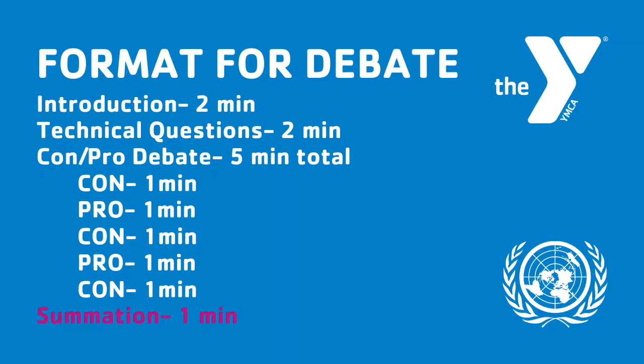Once all of the debate rounds are done, if you're the patron of the bill, you get to give your conclusion, which is your summation, which is 1 minute plus any time you might have saved over from your introduction. You should be relatively brief. Again, there's no reason to drag this out. The first thing you need to do is address any comments or really convincing arguments people brought up against your bill, and then sum it up and tie it off with a final plea or argument for your own. You can bring up points other people brought up in favor of yours before you finish off, and then yield the remainder of the time to the chair, and you're done.